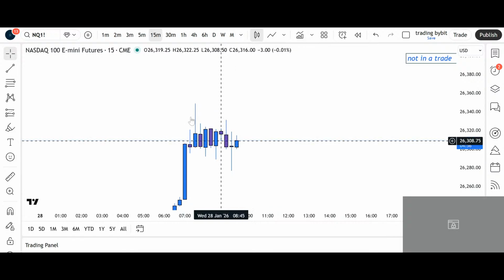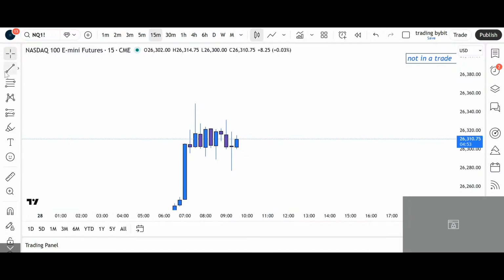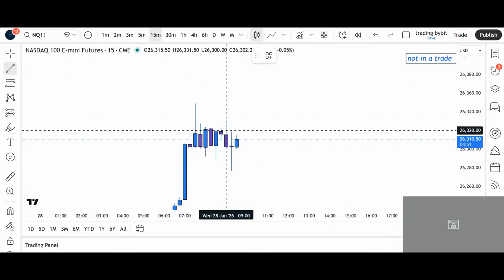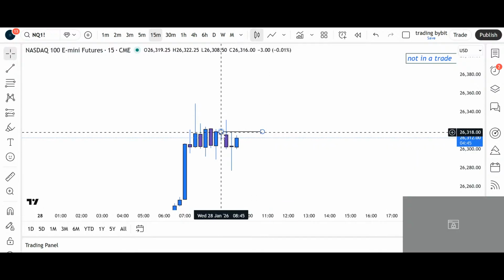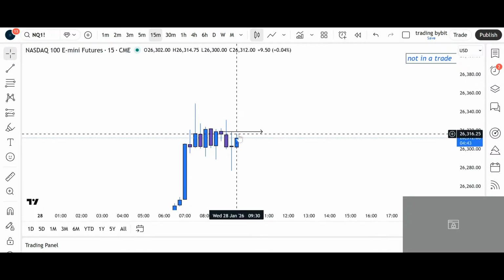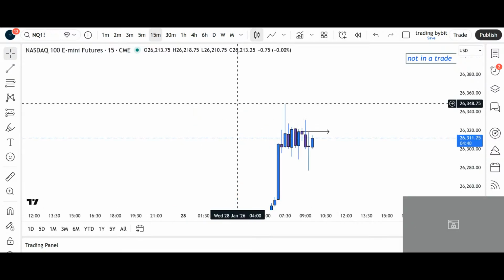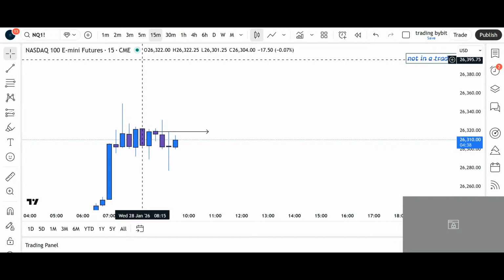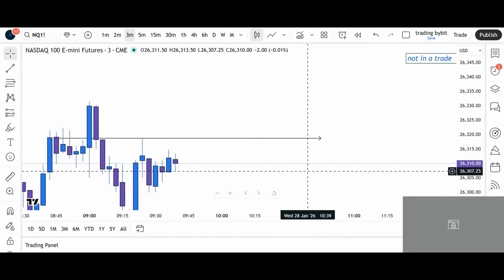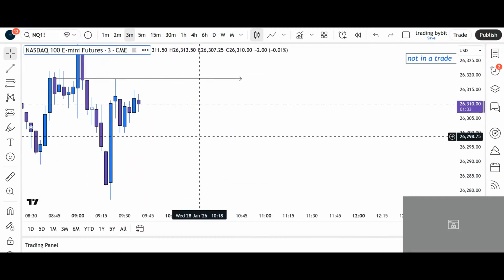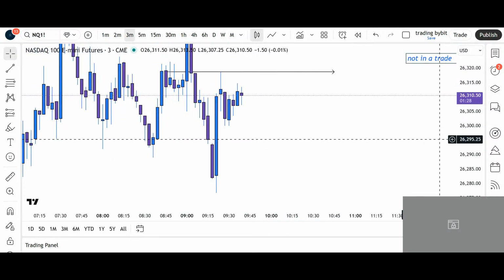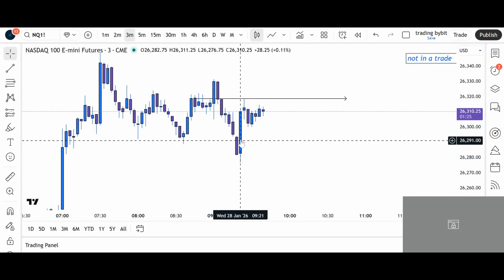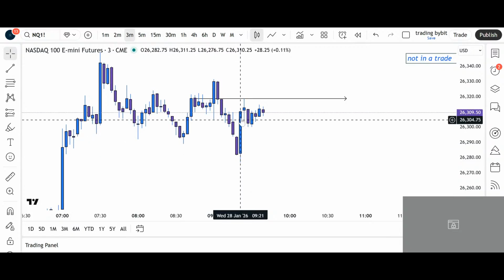So congrats to anybody that took this long. I would take it at least. So this was the first candle to the downside. So this would definitely be a place where you can put your stop to break even and then let it ride at least to all-time high. Because this is actually a very impulsive candle. This shows that there was strength in the market, pushing the market in a direction.